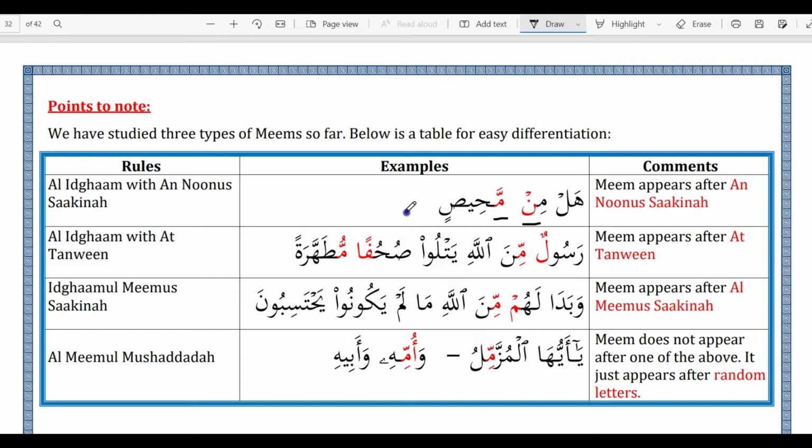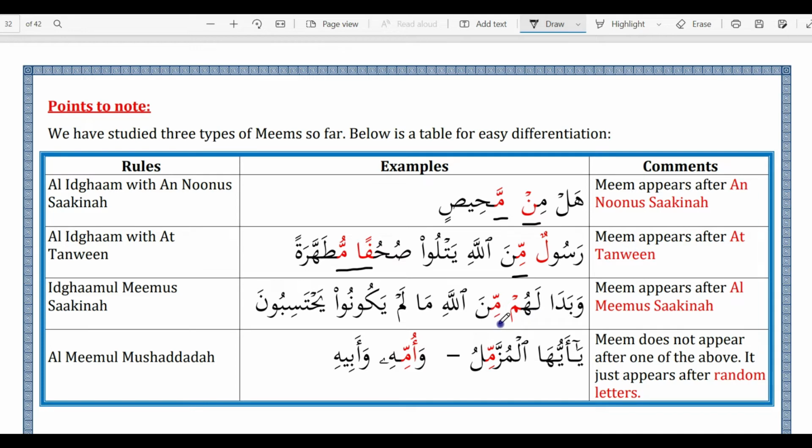Alright, we said also Idgham Nun Sakina and Tanween. Meme coming after a Tanween. Lam got Tanween, Lun. So we join the two words together and we have Lum. And we stretch that joining sound 2 times its original length. So we say Rasulum minallah. And this example here also is from Ahkamun Nun Sakina wa Tanween, because Meem comes after a Tanween. Alright, and the same here, Meem comes after a Tanween.